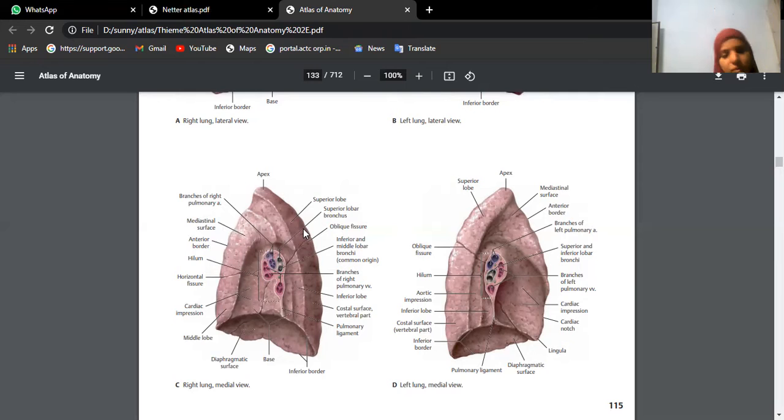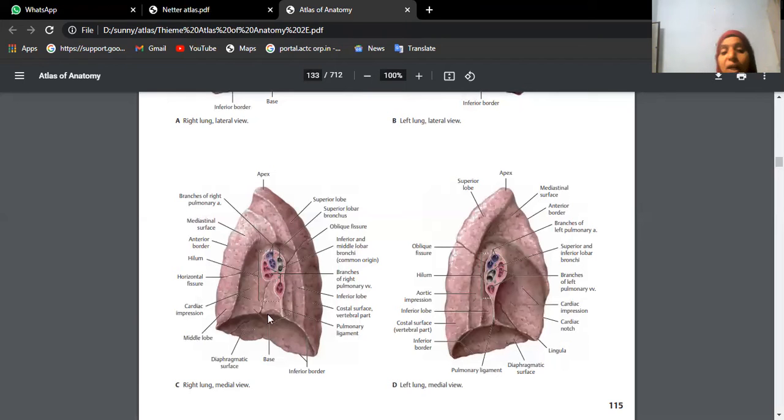Into the right atrium, what is opening? You will have the opening of superior vena cava. Lower down, you will have the opening of inferior vena cava. Towards superior vena cava, you will also have impressions of right and left brachiocephalic veins. Behind, you have right vagus and right phrenic, tracheal impression and esophageal impression.